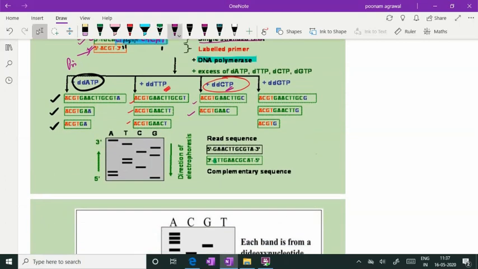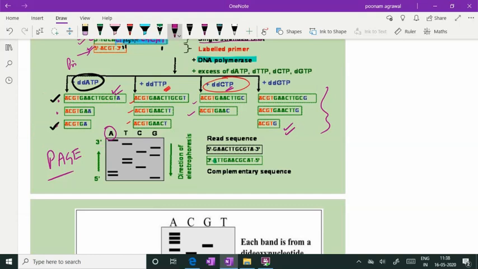So now when the electrophoresis is done on PAGE, polyacrylamide gel electrophoresis, what is the basis of electrophoresis? It is the migration on a gel. So depending on the size, they will migrate. The smallest fragment of these is which one? You just see this one. So it will be migrating fastest. And the largest one in this set is this one, so it will be moving slowest. So this well, this dideoxy ATP well, will be having the fragments of these many sizes.